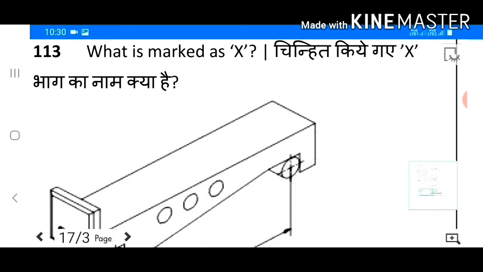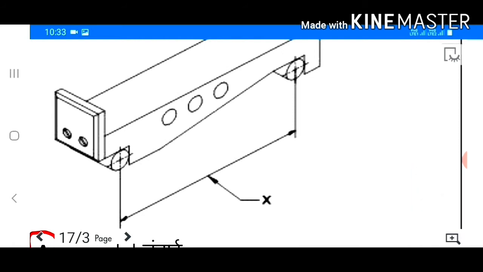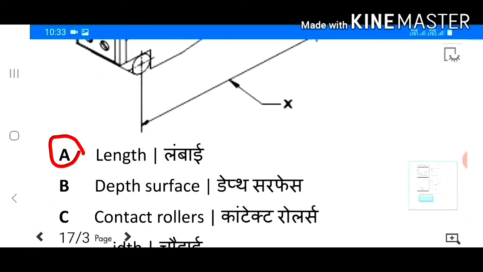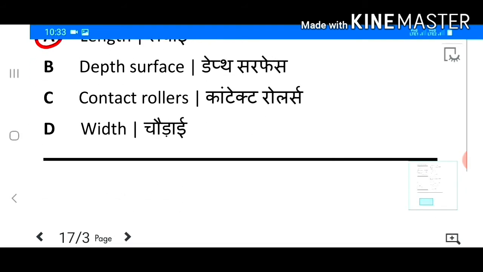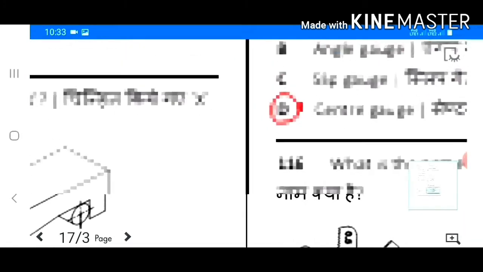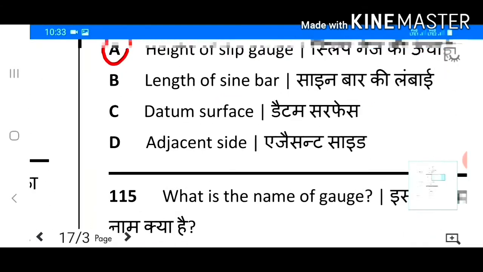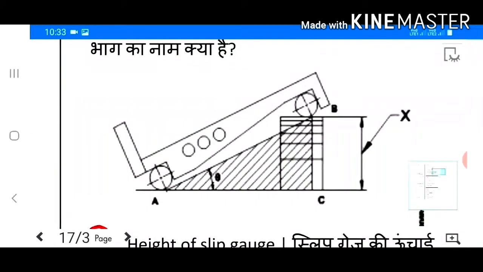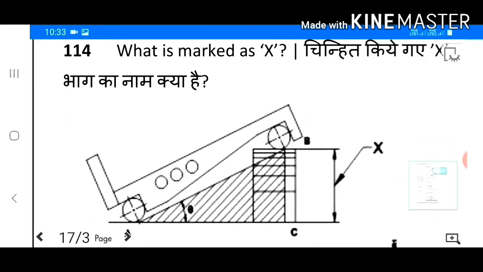113. What is marked as X? Answer A. Length. 114. What is marked as X?